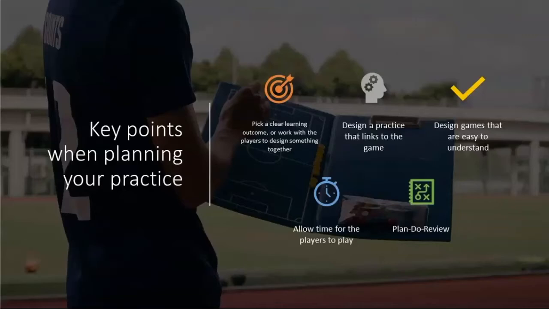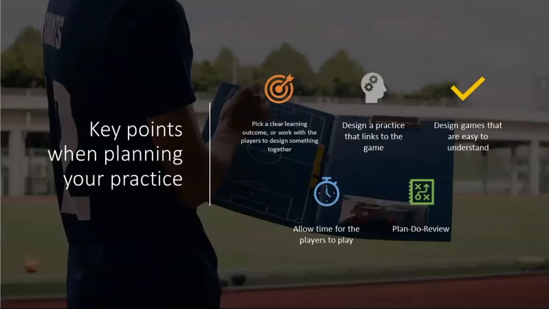So a few points for when you're planning and thinking about practice design. For all of you who have been through your different coaching qualifications, there's obviously a huge amount of time on courses spent helping you get better at planning. I find it quite an individual process. You've got people who want to write loads, draw a picture, or use some bullet points, and really that's down to you. But going through that process is a really important one.